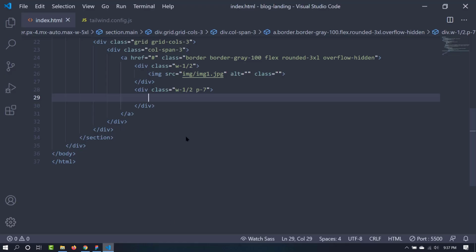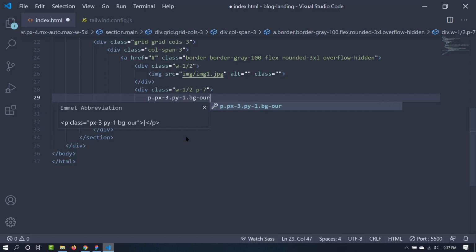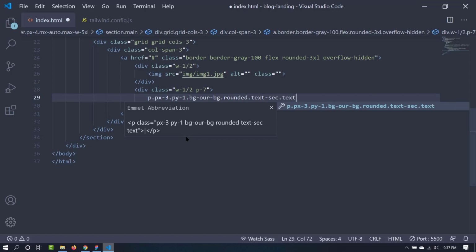So let's create a div. We can also use p, it is okay. Now let's give it padding in the x direction of 3, and padding y. Also it has a background color of our BG. We need to give it a border radius, so it will be rounded, and the text has a color of secondary, and let's make the text smaller, so extra small.